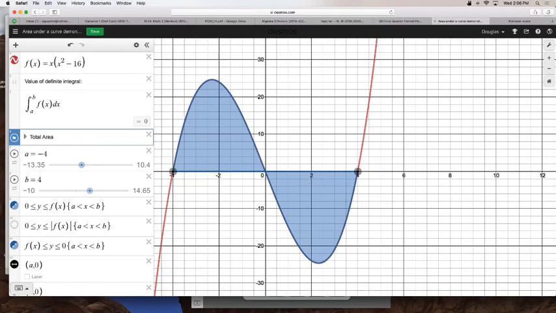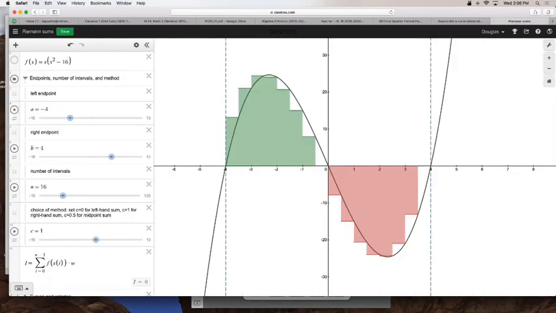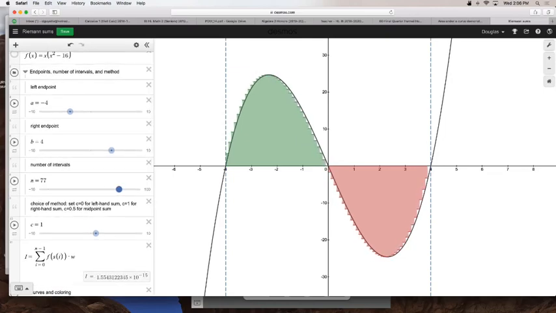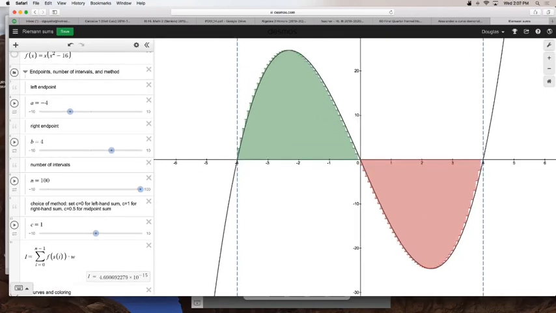So remember, the big mission is to allow the number of partitions to get infinitely large, and then you can see here we get closer to resembling the area of a curved shape. And as soon as n becomes infinity, the number of partitions, that's where you get an integral. So now the question becomes, how are we going to find an area? In other words, if the question that's being asked of us is,